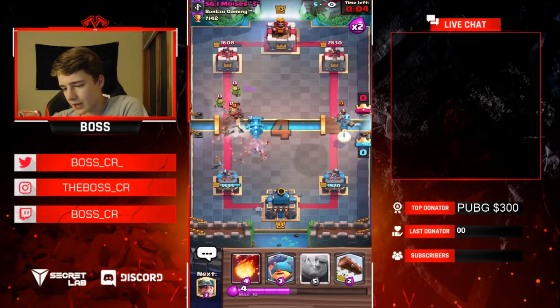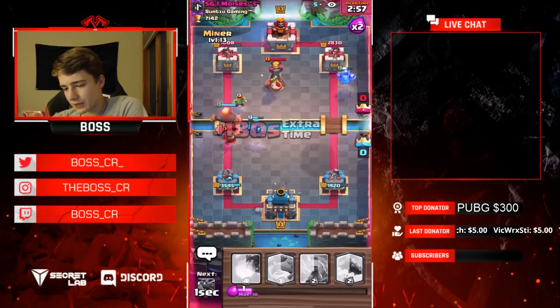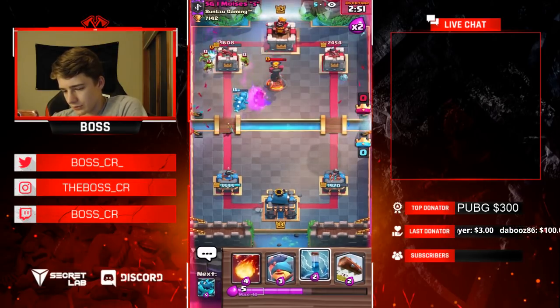So I played my E-Drag there. Notice that I did that, and the reason why is because of his Princess, obviously. In a way, I was kind of predicting it. Let's again send another Miner and switch up the Miner placement this time, but again, he's just going to catch it. Yeah, guys, so I actually don't know if,